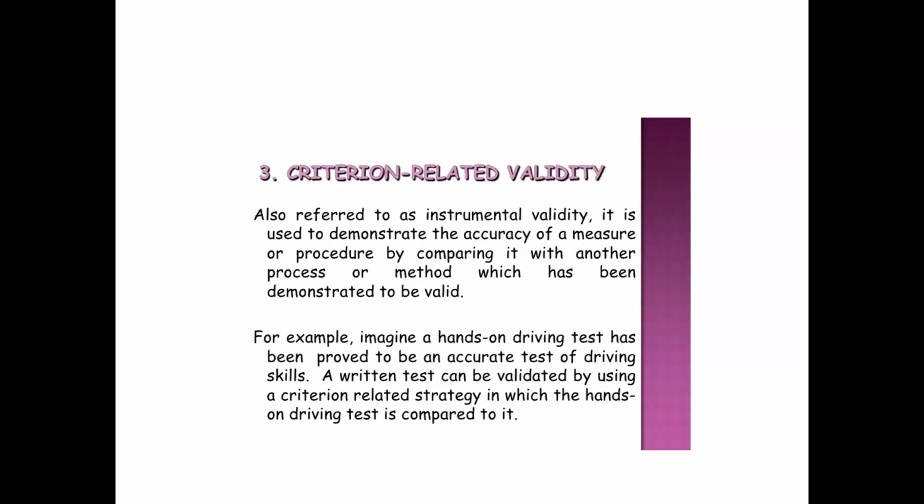Right, quickly move to the next one, criterion related validity. Referred to as instrumental validity. It is used to demonstrate the accuracy of a measure or procedure by comparing it with another process or method which has been demonstrated to be valid. Example, imagine a hands-on driving test has been proved to be an accurate test of driving skills. A written test can be validated by using a criterion-related strategy in which the hands-on driving test is compared to it, right? So then, if it is a criterion-related validity, we should be able to prepare a written test, right? Where the driver is exactly able to explain the way of driving. So we know that once the vehicle is given, they can drive safely,